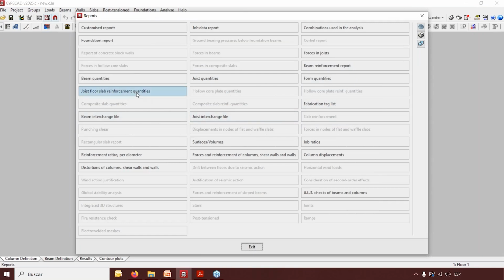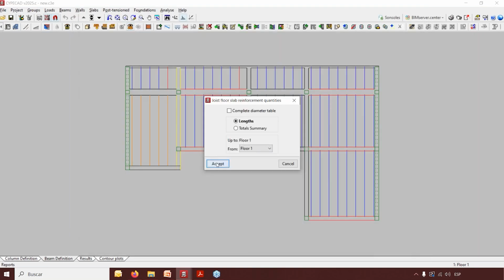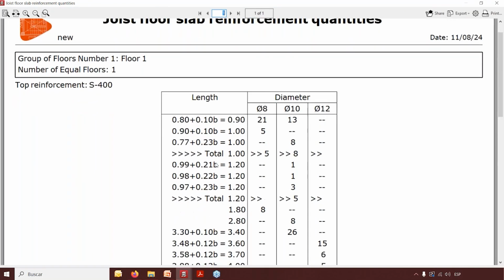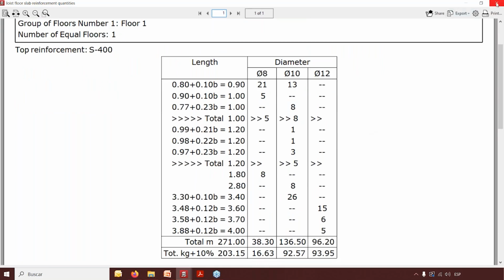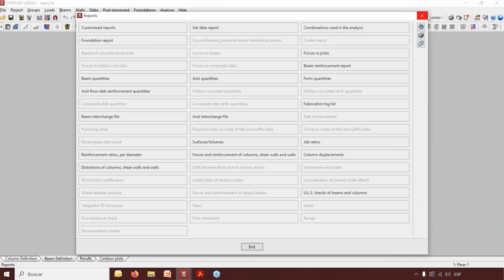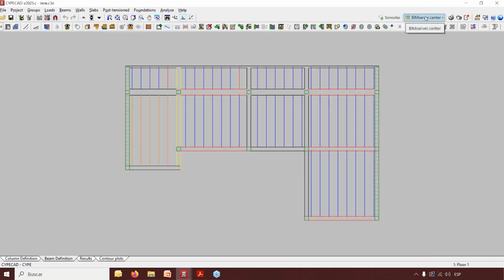Also, we can consult the reinforcement used in those mesh and that top reinforcement that we saw earlier with the summary of the total amounts of this. And we have many more reports. I recommend that you check them out. And I think this is what I wanted to show you about the modeling and the verification of these kind of slabs